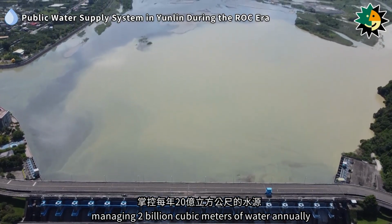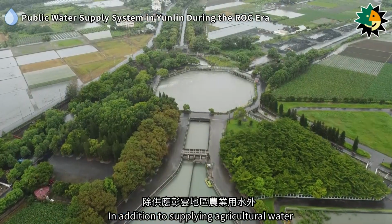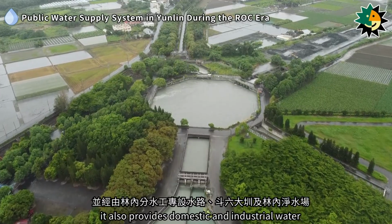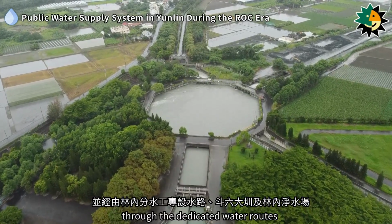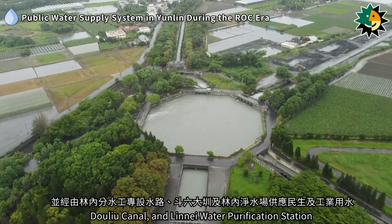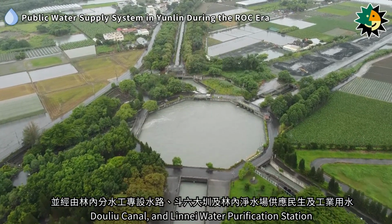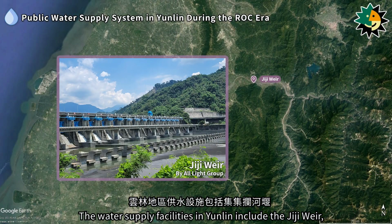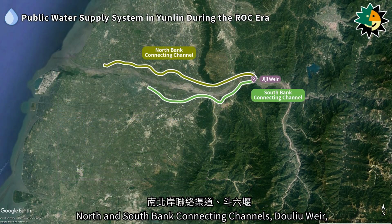meters of water annually. In addition to supplying agricultural water to the Changhua and Yunlin areas, it also provides domestic and industrial water through the dedicated water routes of the Linnei Water Diversion Works, Douliu Canal, and Linnei Water Purification Station. The water supply facilities in Yunlin include the Jiji Weir, North and South Bank connecting channels, Douliu Weir, Linnei